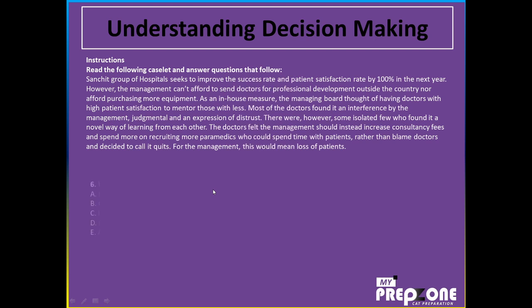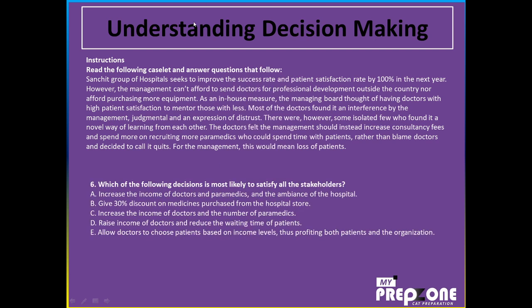The last one is, which of the following decisions is most likely to satisfy all the stakeholders? Who are the stakeholders we need to understand? Stakeholders would be the management, the managing board, the doctors, the paramedics, right? So we need to understand something which is related to all these, which is most likely to satisfy all the stakeholders. Increase the income of doctors and paramedics and the ambience of hospital. Yes, it will satisfy all the stakeholders,